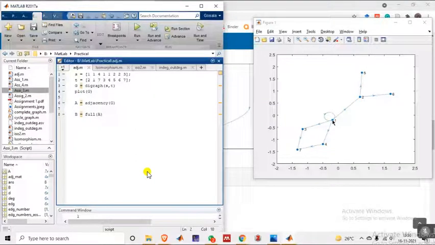Are you people able to see this? Yes, sir. Yeah, this is why it has come: there is a self loop, where the source and the target values are both the same. When the source and target values are both the same, it becomes a loop. So that's how the loop has been created here. From 1, an edge is going to 1 itself. So this is a loop.